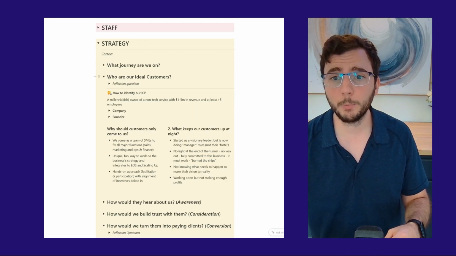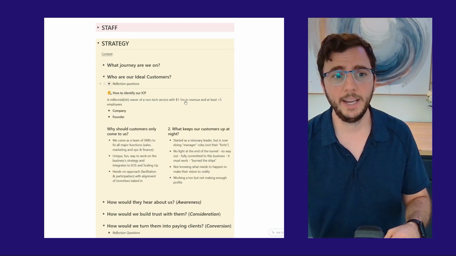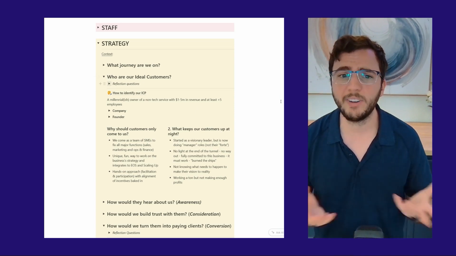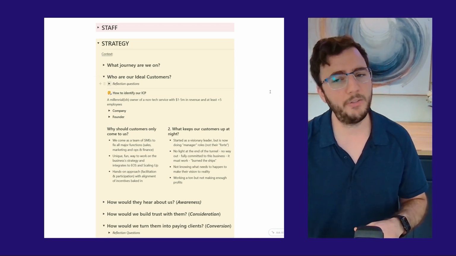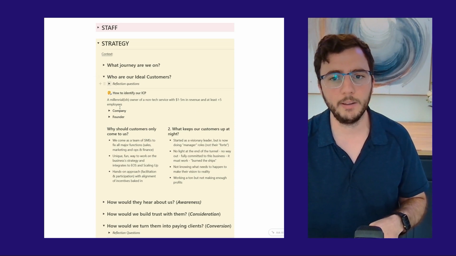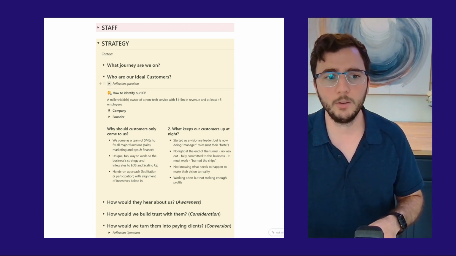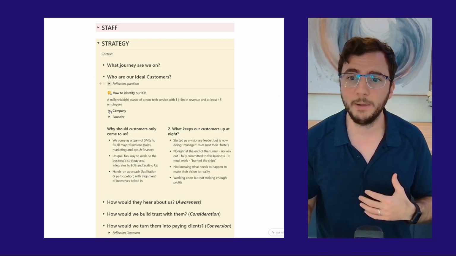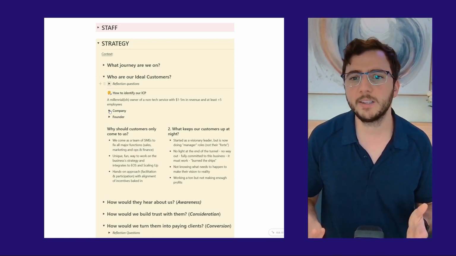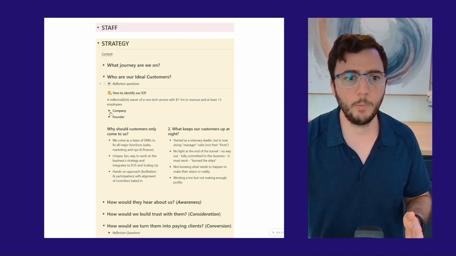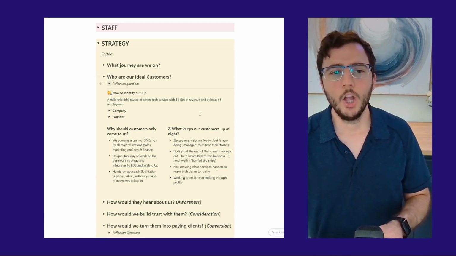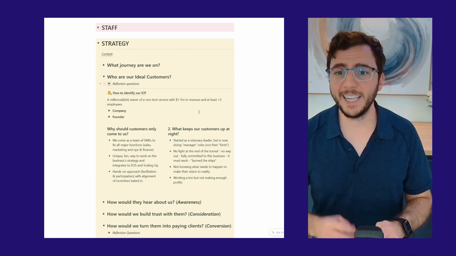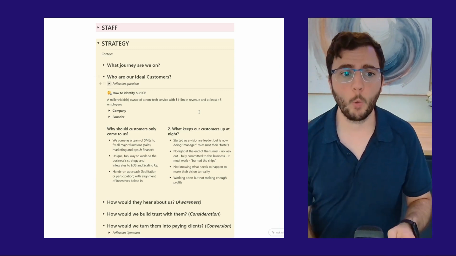Our ideal customer profile, as we've identified, is millennial-ish owners of non-tech services, $1 to $5 million in sales. And we got very granular with describing the ICP. So we broke it down to the company. So you can make it your own, right? Everybody can customize this. This is the beauty of the Clarity page. So if I go back to the company, we get granular with the ICP.